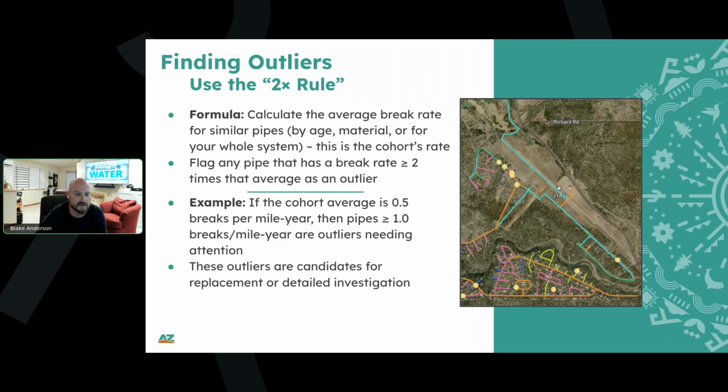Obviously, it takes time and money to fix stuff, so you can't go and replace your whole system at once. But we do want to replace the lines that are the highest priority, so we make sure the limited dollars we have are spent in the places where they'll have the most impact. I personally love being able to visualize our system this way, because it makes it really easy to see what's going on. If you look at this image, in the upper left-hand corner that segment has a bunch of little yellow dots in a small area. So we are going to focus on that and then compare it to the rest of the system.